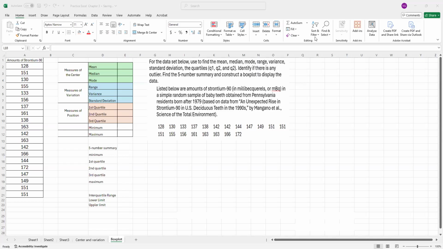In this video, we're going to take a very quick look at how to find the mean, median, and mode, which are the measures of the center; range, variance, and standard deviation, which are measures of variation; and the first, second, and third quartiles, measures of position, which we can also call measures of relative standing. And of course, the five number summary, if you missed the previous video, because it's very similar to the one